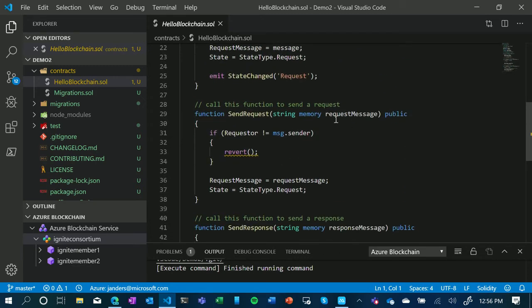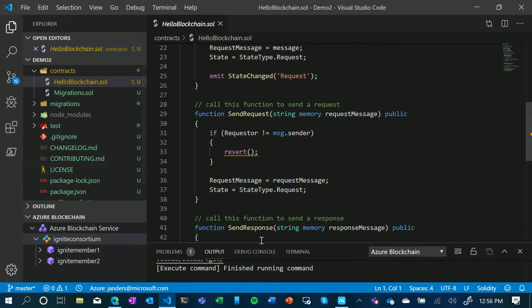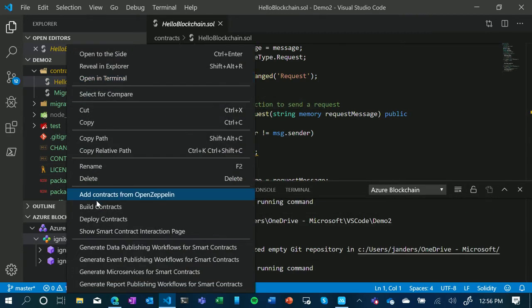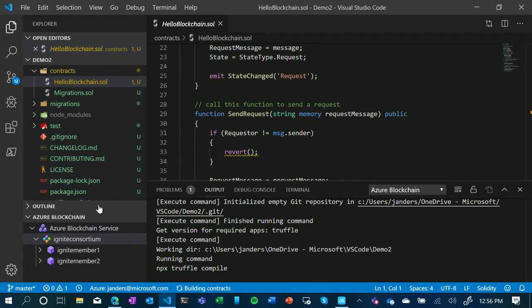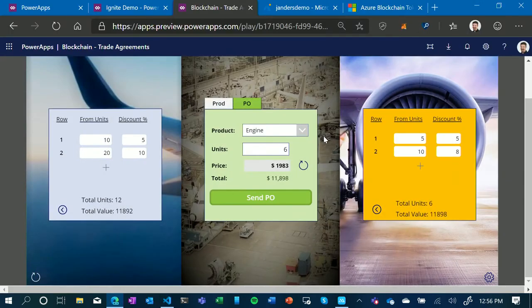We're going to send a request to the chain like I showed you, and we're just going to pull that value back out. We're not touching this. Now that this is all done, I can right-click, and now I can build the contract. This is going to create the ABI file, basically the JSON file that describes the contract itself. So we'll let that do that, and we'll go back to where we were before.